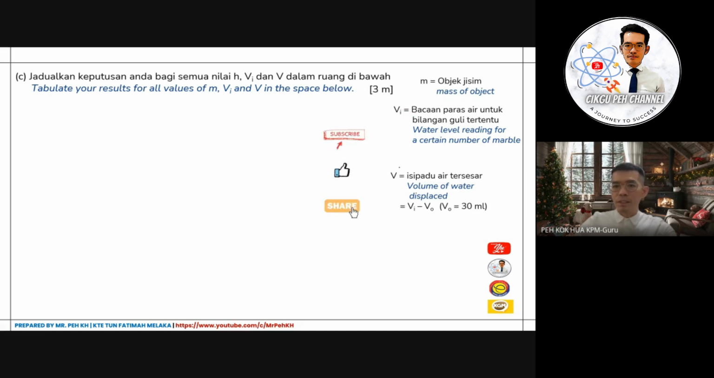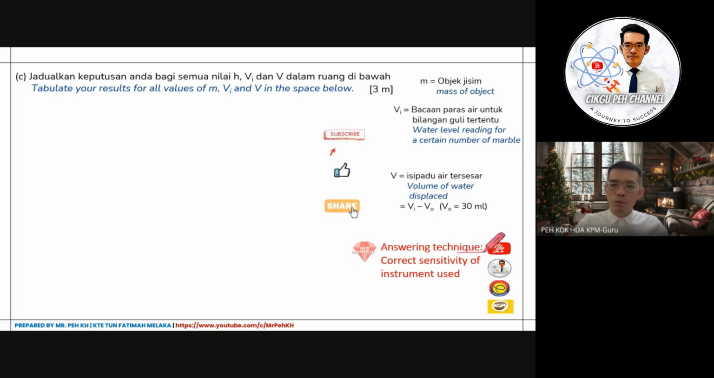Okay, then the V here will be the volume of water displaced. We're using Vi minus V0 so that we can get the volume of water displaced, which is equivalent to 30 ml. Okay, so before we go into the details of the answering technique for tabulation,